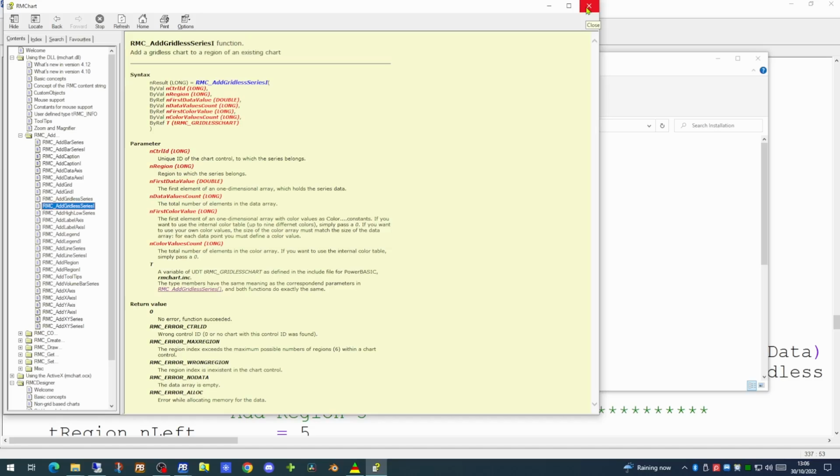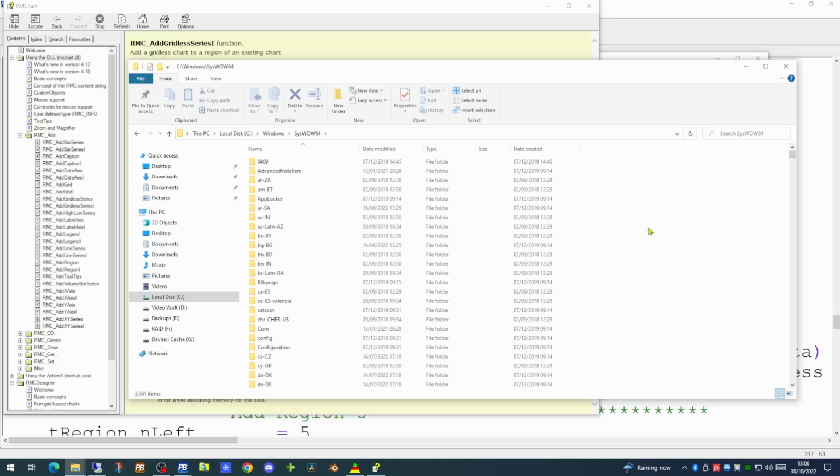The other thing I'd like to talk about is the installation of your dashboard on someone else's computer. When we ran the installation, the rmchart.dll was installed on your machine, and the folder into which it was installed was the Windows syswow64 folder.